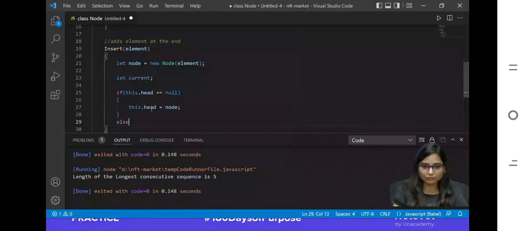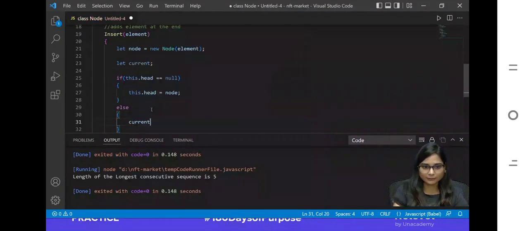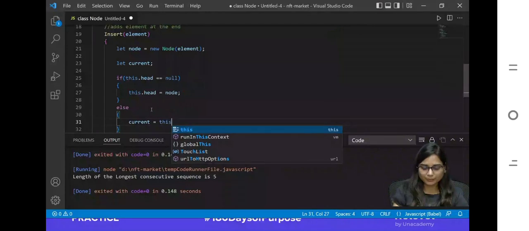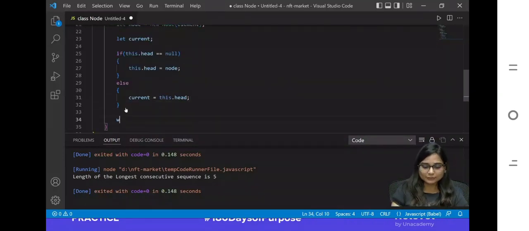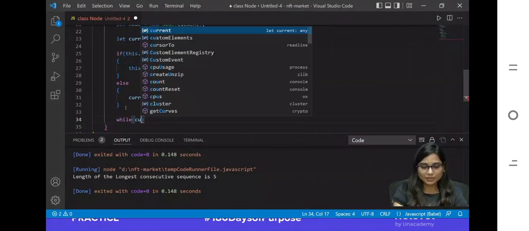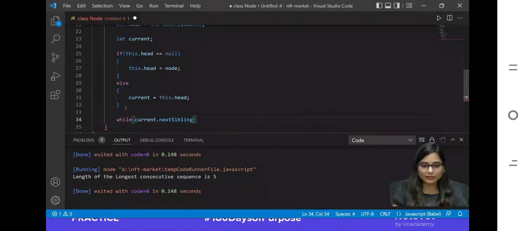Otherwise, you are going to be updating the current one. So in your current, you are going to be passing this dot head. After that, we are going to be iterating over our whole list. Why am I going to be doing it in that form? Because I'm going to be adding the element at the end. So for that, let me take a while loop here. So as long as your current is going to be having a next,